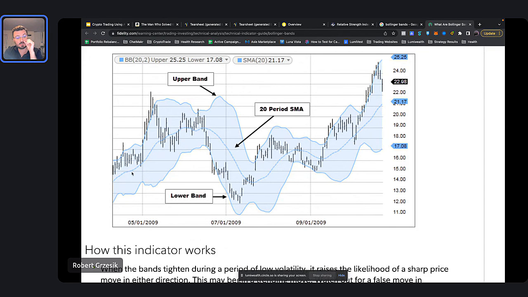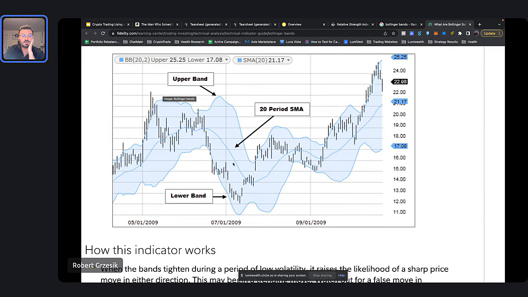So what we say here is, when the stock price goes above the upper band, right? So for example, here, it broke out above the upper band, right? We say that is a sell signal, right? It has gone too far in one direction. It's now time to sell. That would have actually been a really good indicator here, and it would have fallen, right? When it falls below the lower band, we say that's a buying opportunity, right? Because through the lower band, right? And if you had bought it here and held it for a little while, you would have actually profited as well, right?